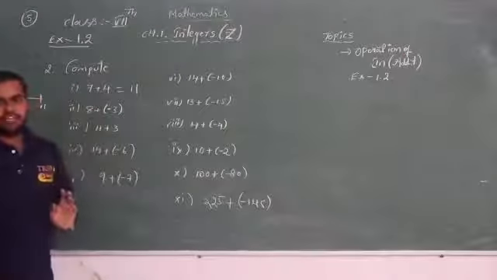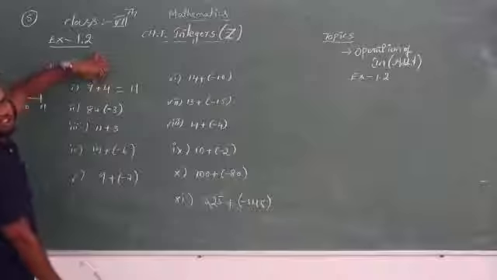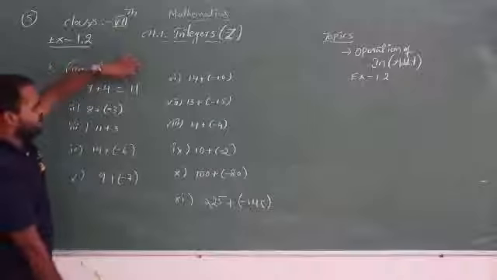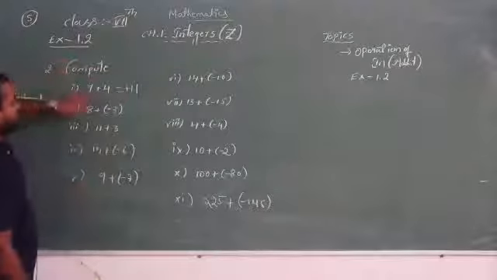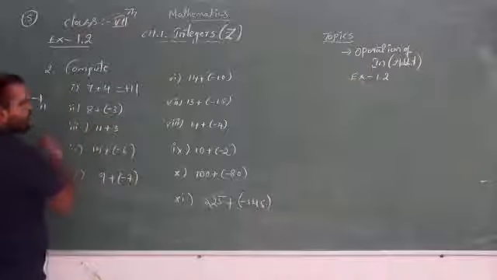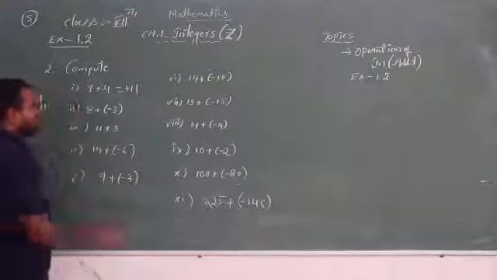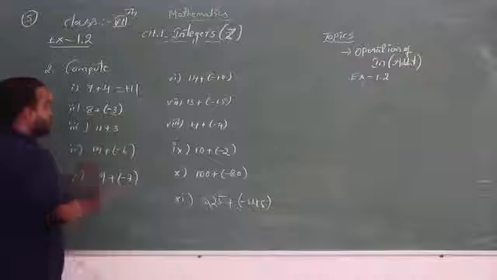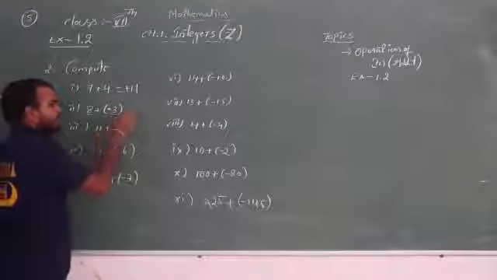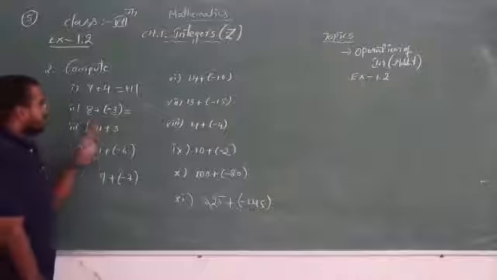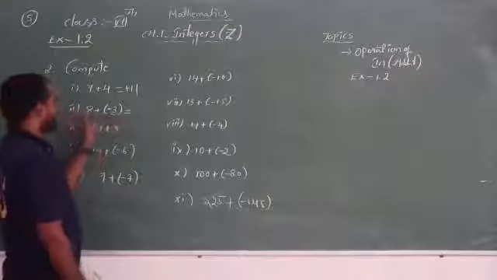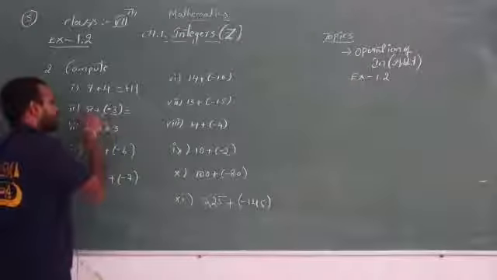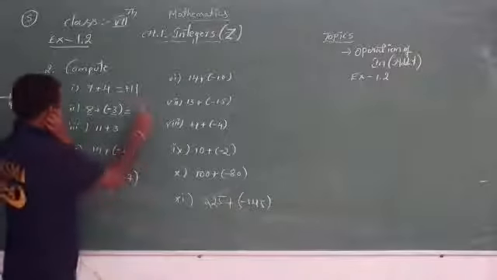8 plus minus 3. We know here we are adding 2 positive integers. Whenever we add 2 positive integers, we add the integers and take the plus sign, because both are positive. Now whenever we are adding a positive integer with a negative integer, we have one positive number and one negative number. What will we do? First we subtract the smaller value from the larger value. So 8 minus 3. How much do you get if you subtract 3 from 8? We get 5.